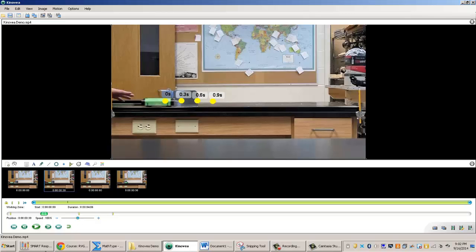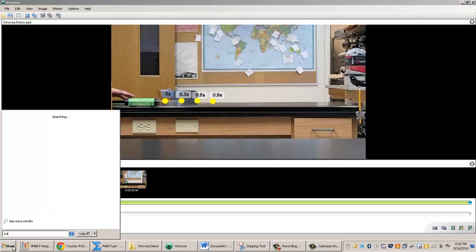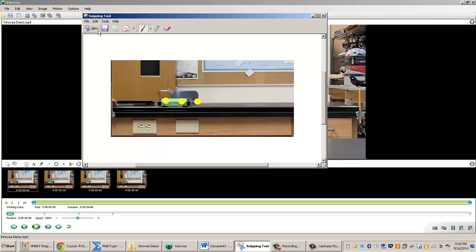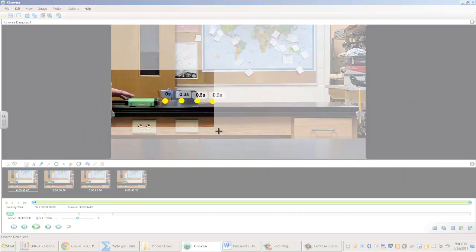Okay, so that's the basics. You can do this to the end of the video. I won't bother. But now we want to get this picture and do something with it. One thing I would use is, if you're using Windows 7 or above, you have this nice snipping tool. To get to that, I just went to start and typed snip, and that allows you to very easily capture a part of the screen,